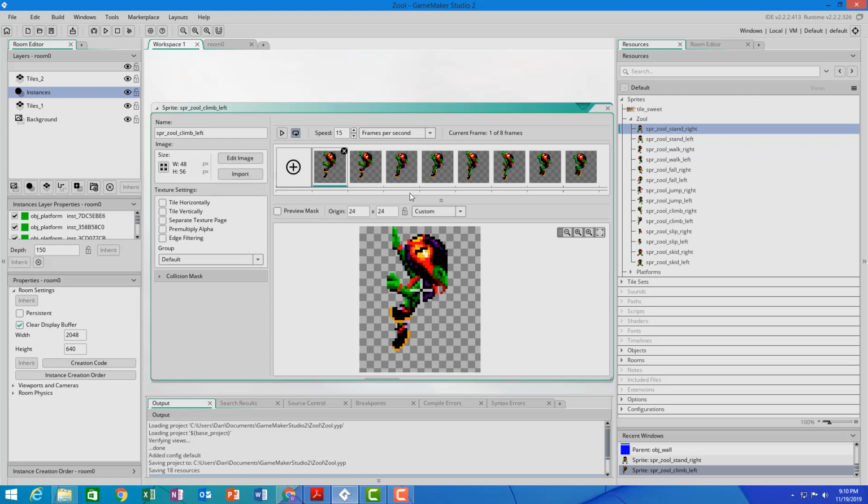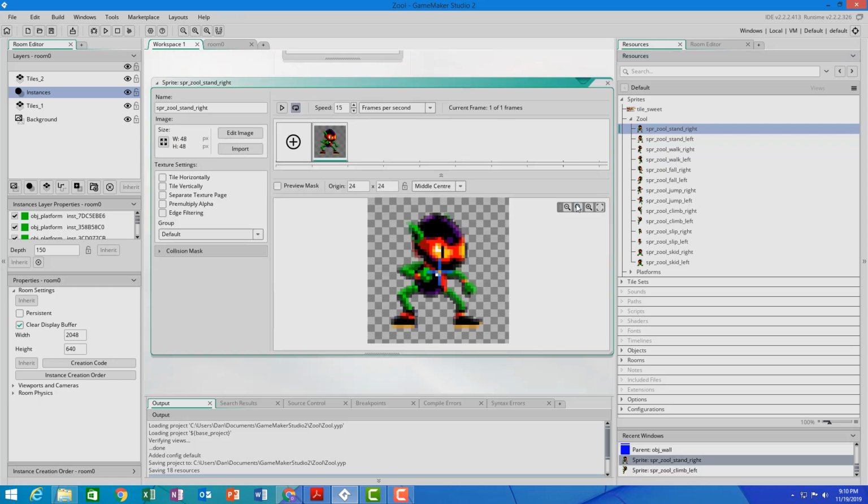Some are animated like this one here, some are not. The first one is not animated. This is the standing sprite. And the way I created this is I imported the sprite, and then I want to make sure that I set the sprite origin to 24 and 24. That's the center of the sprite. I would not use middle center. I'd actually say custom,